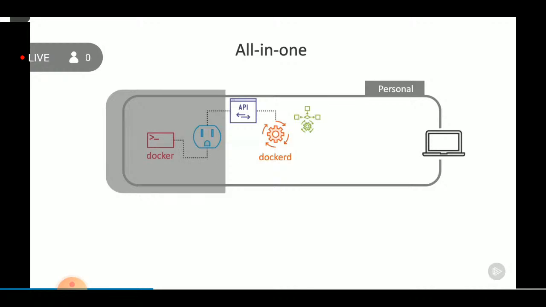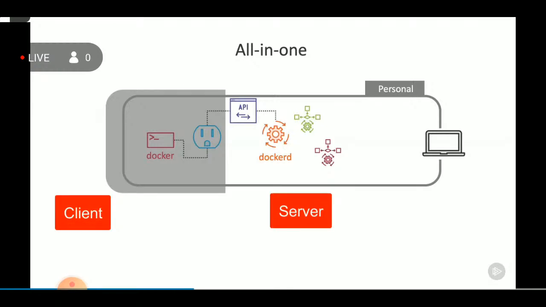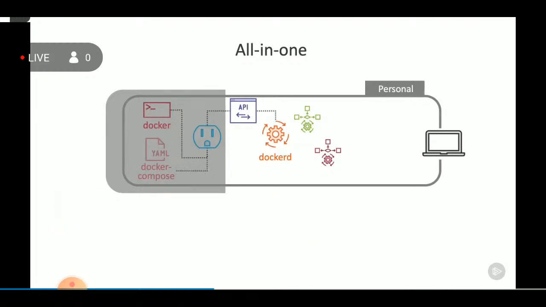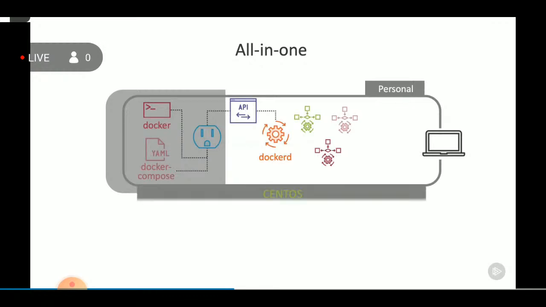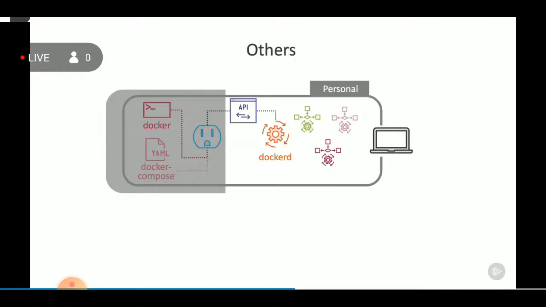For example, maybe we send off a request to create a container, or stop a container, or pull an image, or push an image, or whatever it might be. So you can start to see there is a client-server type setup. For example, it doesn't have to be the Docker client. It could be Docker Compose as a client instead that is sending a request off through the socket to create another container. Now in the last module, we set up on CentOS a single machine, a VM in our case. We put all these tools on it. And of course, we could swap out for a different distribution, perhaps Ubuntu. I like to think of this as an all-in-one setup. In real life, though, we sometimes run out of space in our all-in-one setup, or we just have a need to run